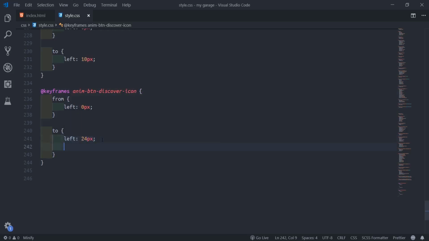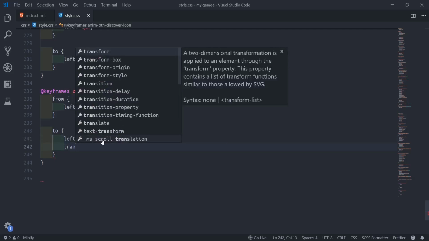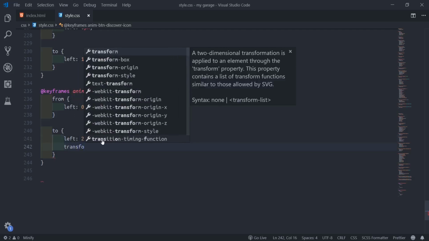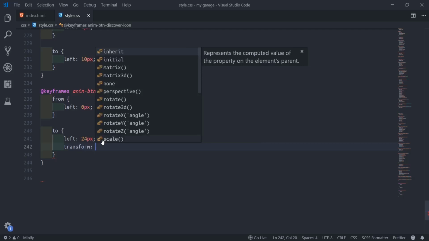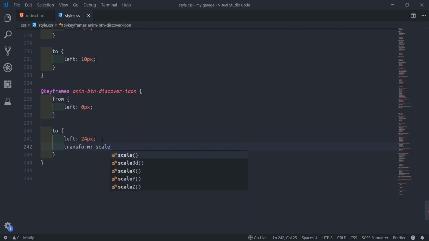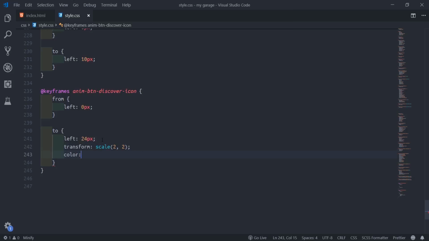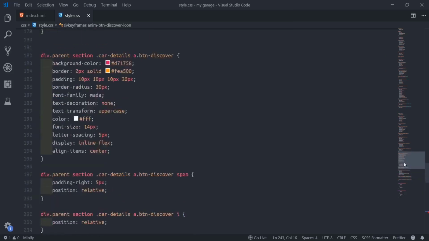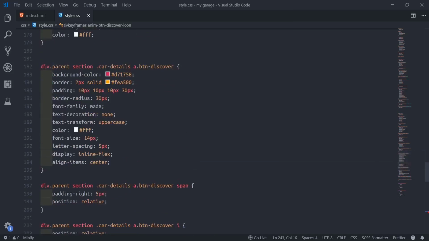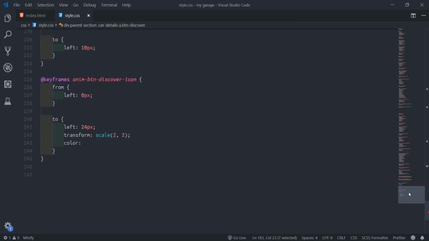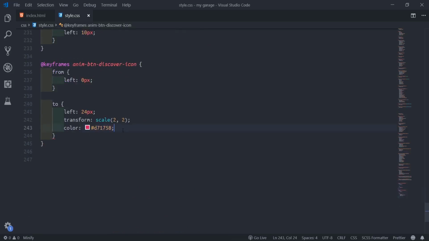Then we'll make it bigger, so we'll transform, translate, and scale 2x2. The color will change to that same pink, the same as for the button. So we'll copy and paste it down here.